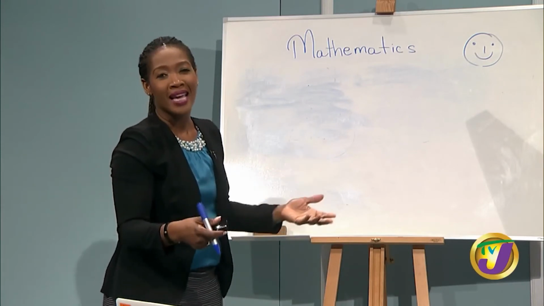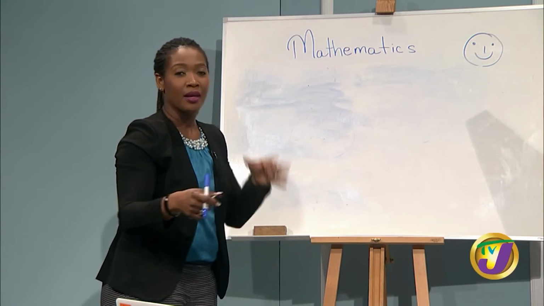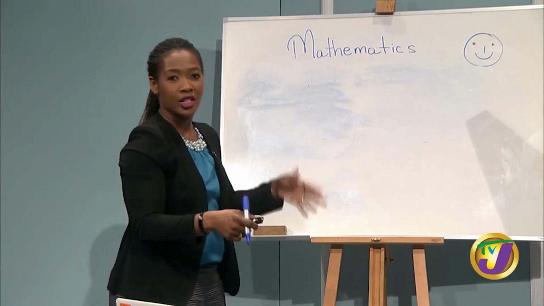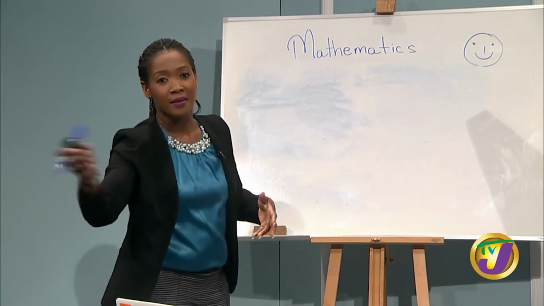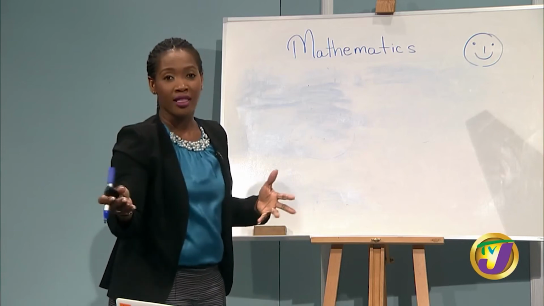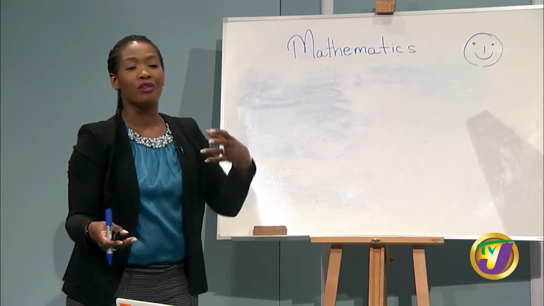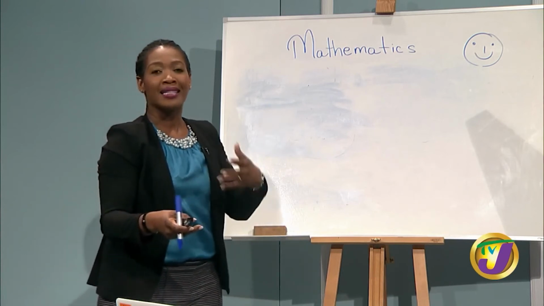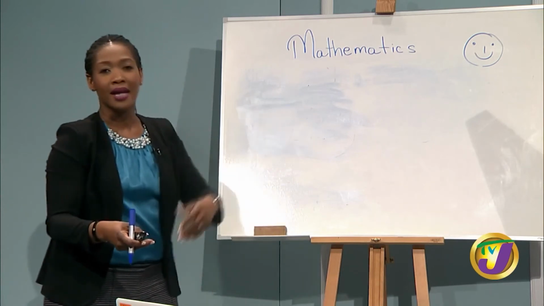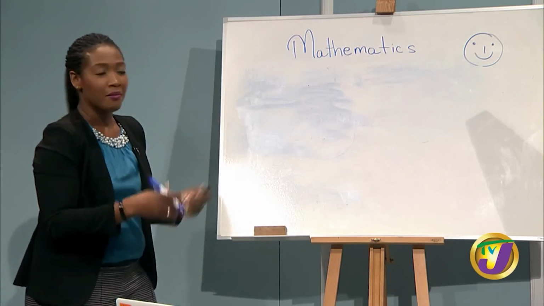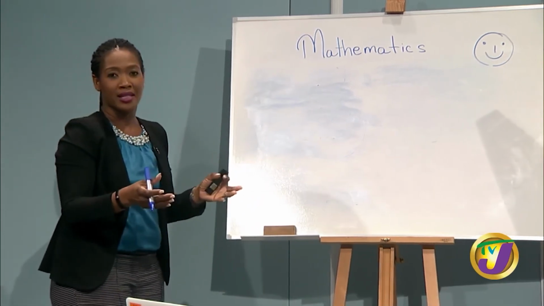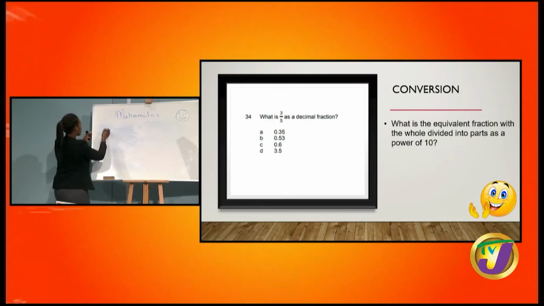And every place in our place value system, every different one, say your ones, your tens, your hundreds, your thousands, or your tenths, and then your hundredths, those are of a power of 10. So if I'm going to represent a common fraction as a decimal fraction, I might as well make sure that the family I'm going to represent it in is a power of 10. So we're at 3/5